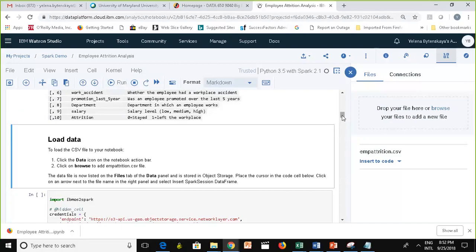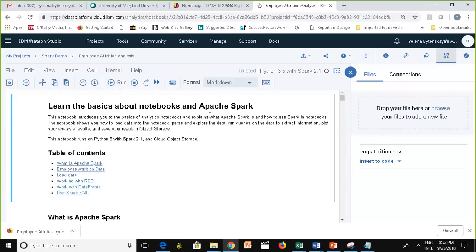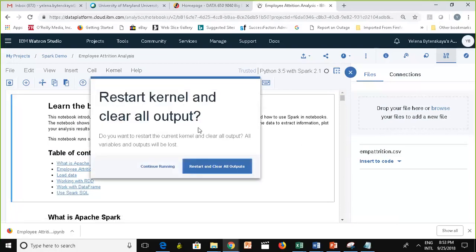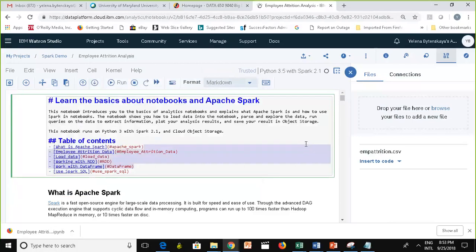And in the middle of the process, if you change something, you would have to do this. So you would want to go back to the top, and you want to do this: kernel, restart and clear output. This is how you restart running the code, right? Restart and clear all output. So what that will do is, all your output should be cleared.